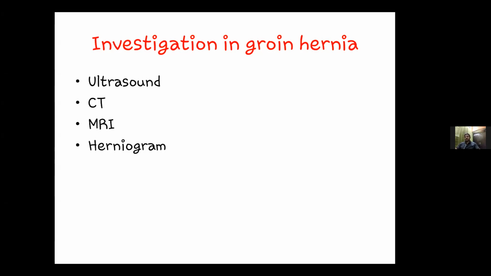And also always ask for the ultrasound abdomen and pelvis, because sometimes there may be ascites or liver disease. We miss those things. Or sometimes there may be gallstones, ureteric stones, or kidney stones. The patient may complain of pain and you may look at the hernia and operate, but the patient may not be relieved. So properly assess the abdomen, pelvis, and both inguinoscrotal regions while doing ultrasound.